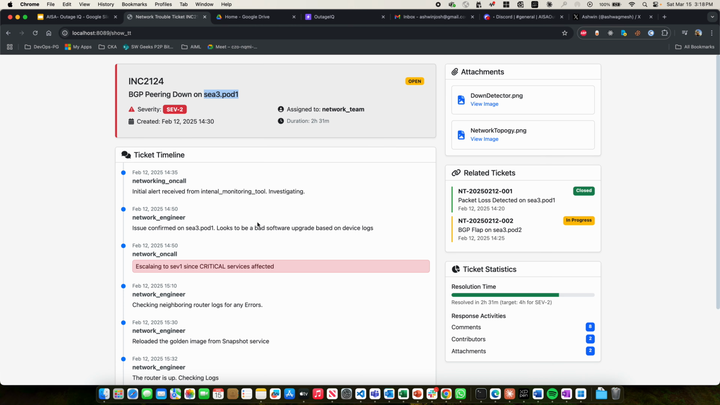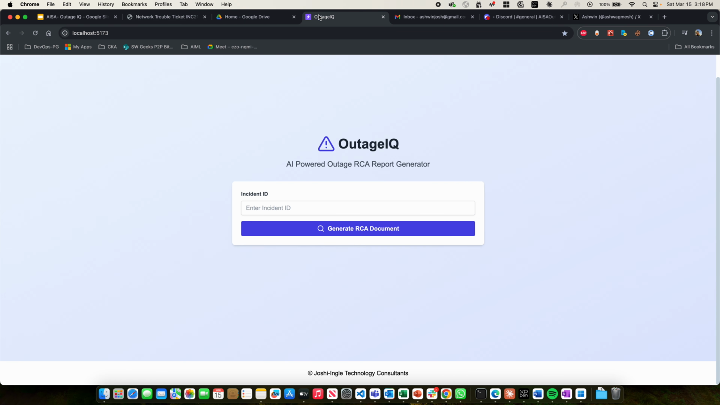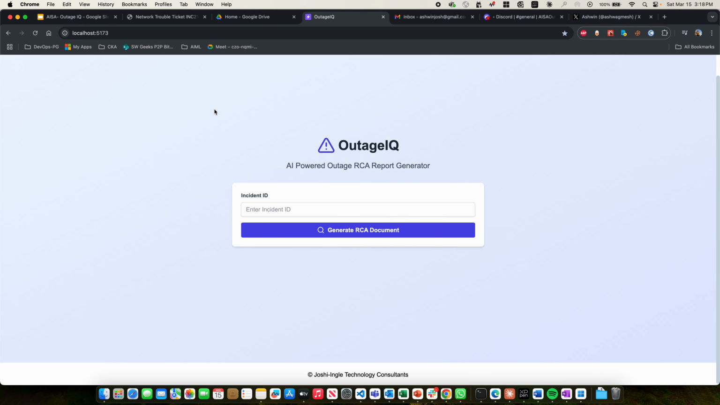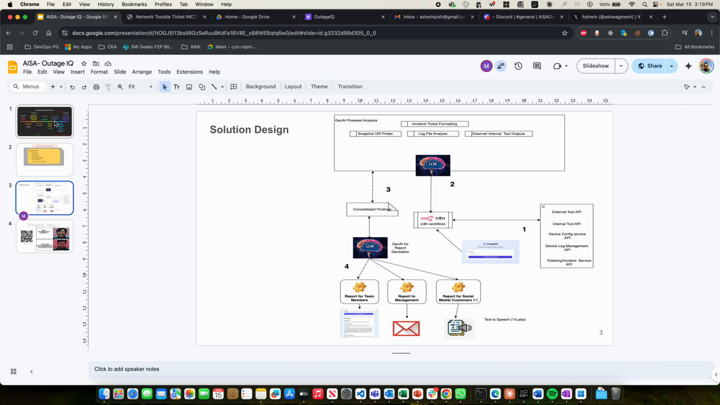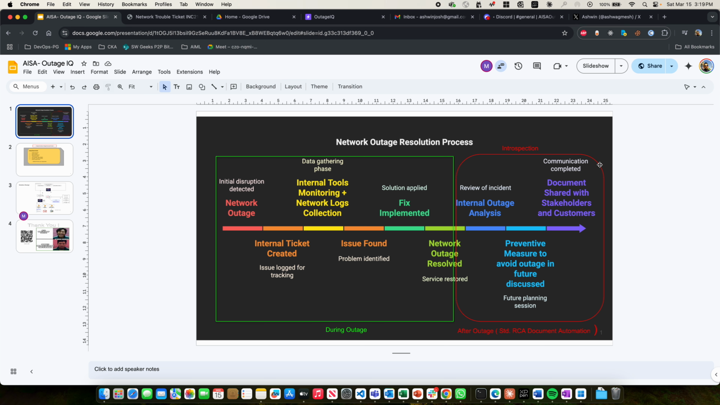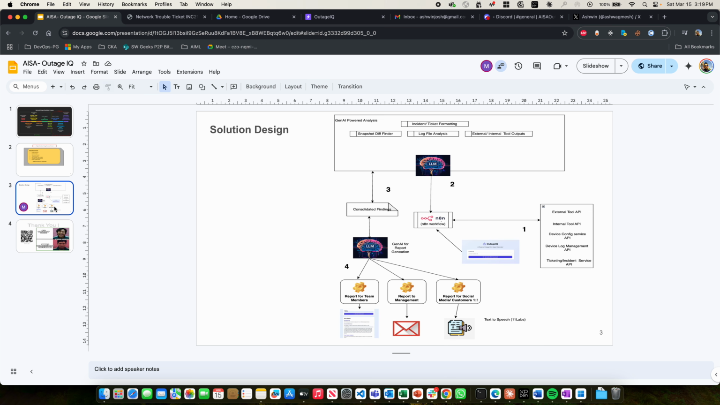So this is the incident service in the company. Before I go to the detailed diagram, let me show you the demo. So the incident we have is this one, incident 2124. Now I will say generate the RCA document, right? So we are focusing on the next part of creating the RCA. Now when I go to this diagram here, I see that when the trigger is given to our workflow,